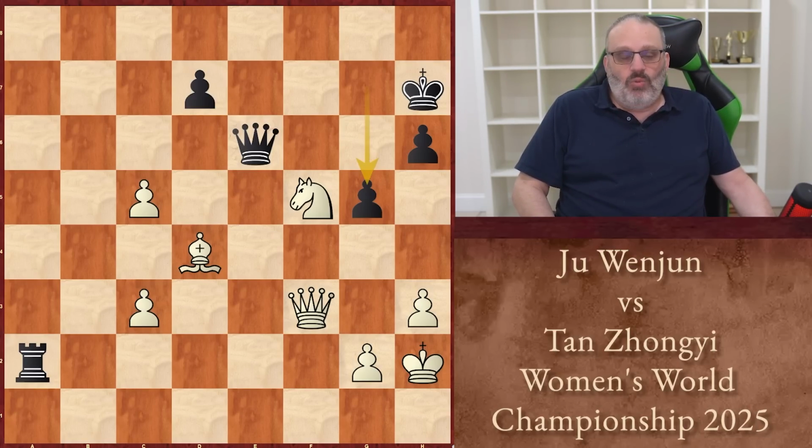Anyway, white is Wenjun. She's the reigning world champion. She's playing Zhongyi. Zhongyi won the women's candidates in Toronto last year, and I was attending, so I saw her win. Anyway,